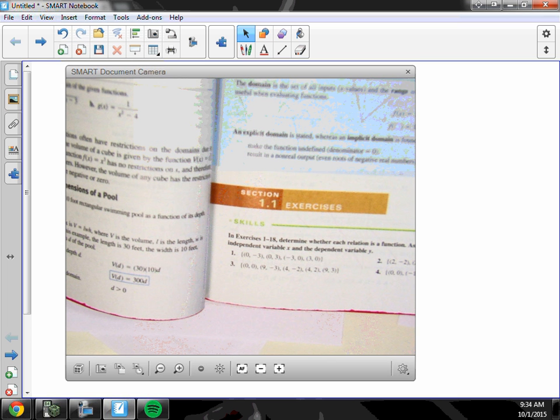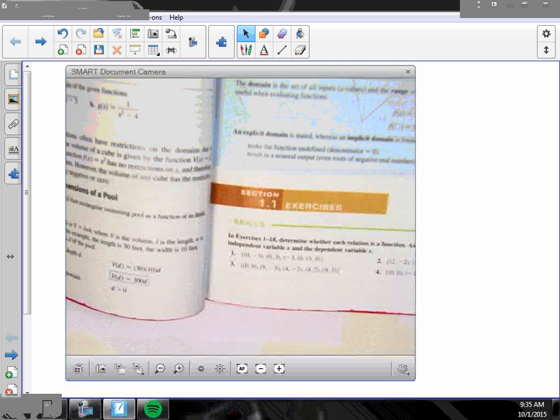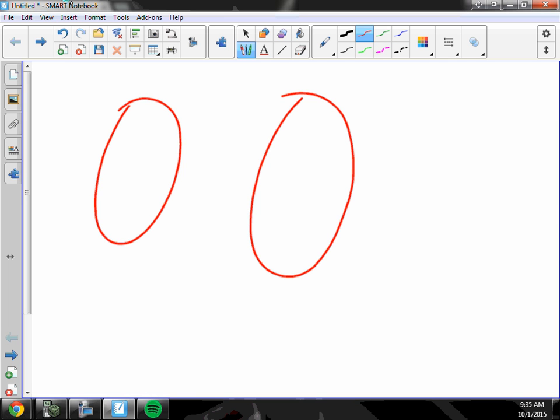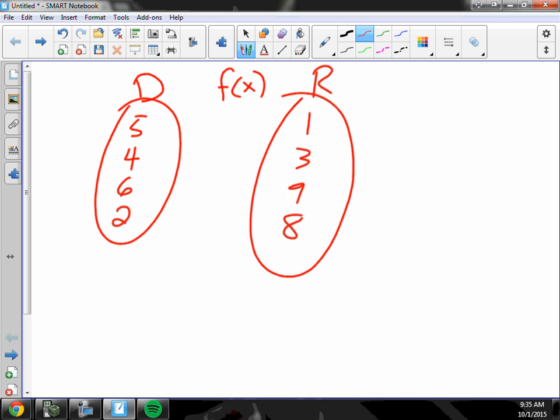In chapter 1, we'll start on page 155, and we're going to be talking about functions. So we're going to represent functions a different way to review this, and hopefully it is all review. So if I had a domain and a range of a function, and we name the function usually something like f of x,